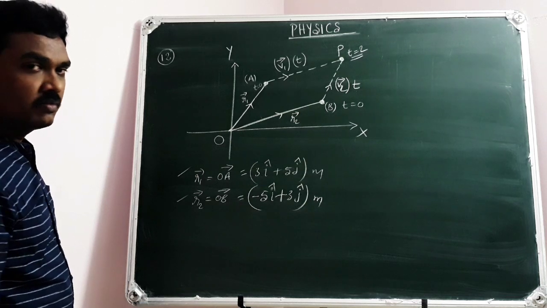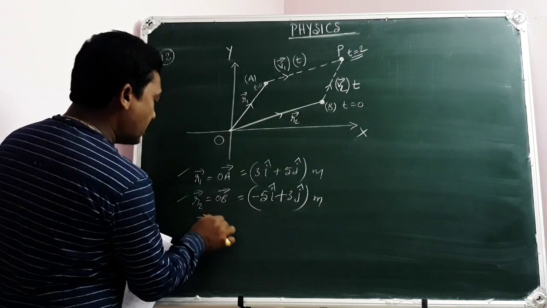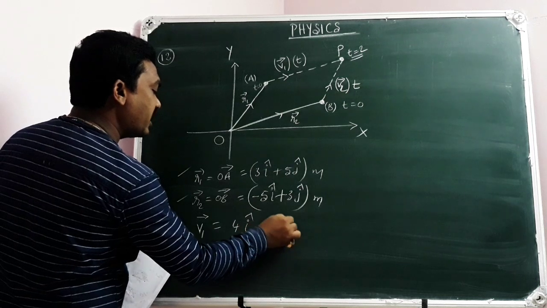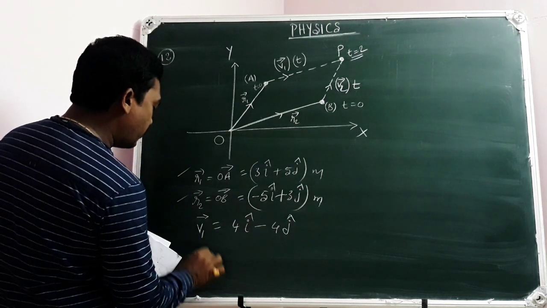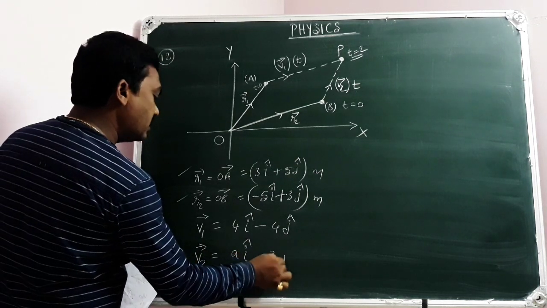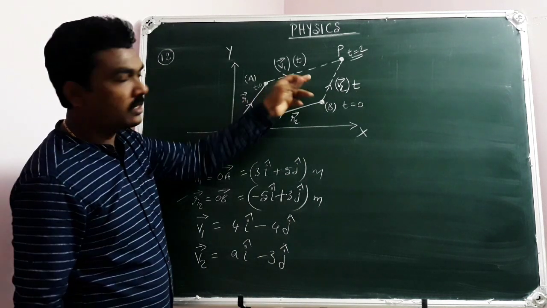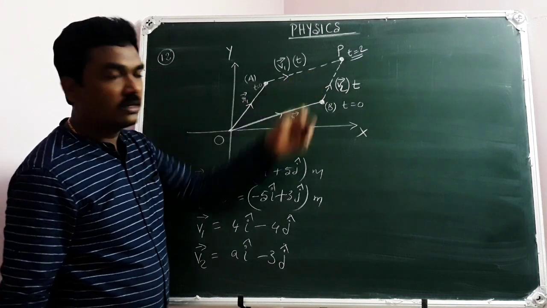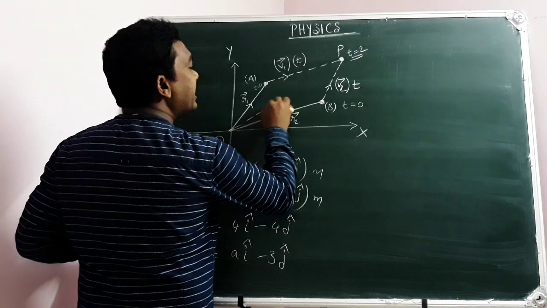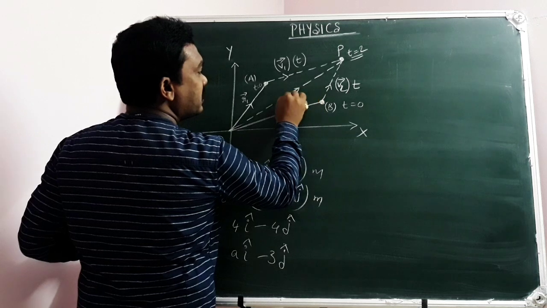This is the information. If you consider the given data, the velocity vector of the first particle v1 bar equals 4 i cap minus 4 j cap, and the velocity vector of the second particle v2 bar equals a i cap minus 3 j cap. Now, at the moment these two velocity vectors make the particles collide, you see the position vector of that meeting point where they collide. For that meeting point position vector, let me suppose r bar.